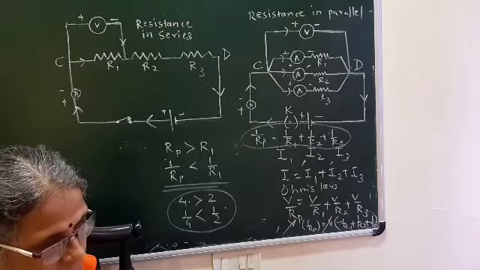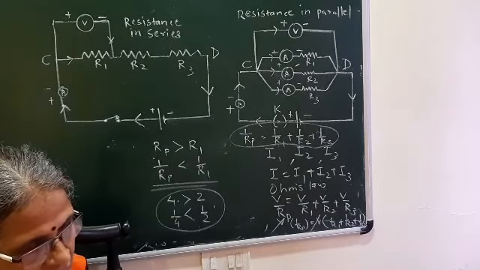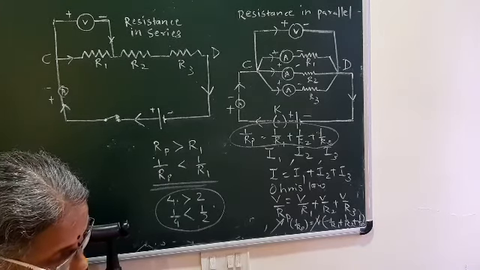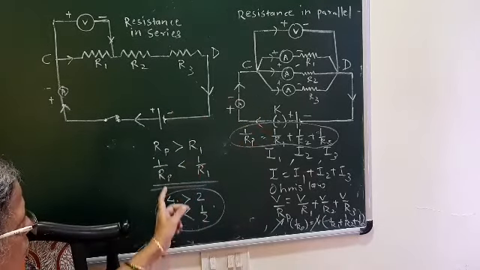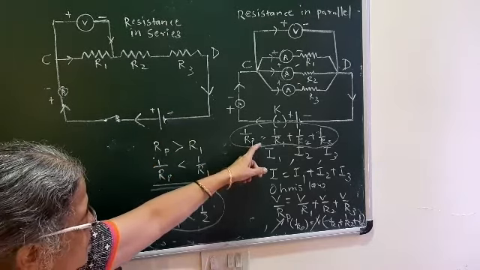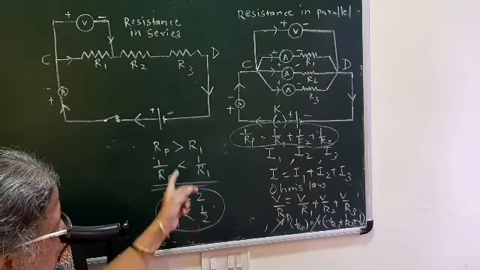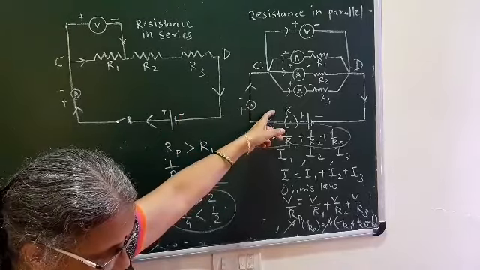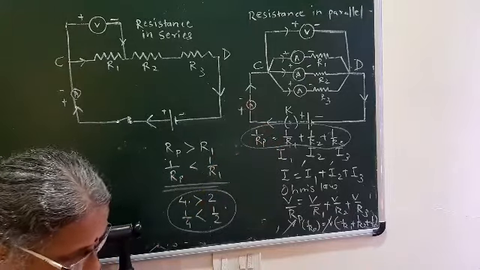If we have the comparison or distinguishing points of resistances connected in series and resistances connected in parallel, we can have 4 or 5 exactly opposite points. First point, here current remains the same, here potential difference remains the same. Here effective resistance is the sum of the individual resistances. Here the inverse of effective resistance is equal to the sum of the inverses of the individual resistances. Then here it is used to increase the resistance of the circuit, and here it is used to decrease or reduce the resistance of the circuit. Followed? So like that you can have 4 or 5 distinguishing points.